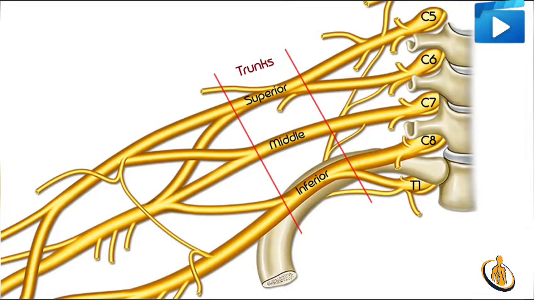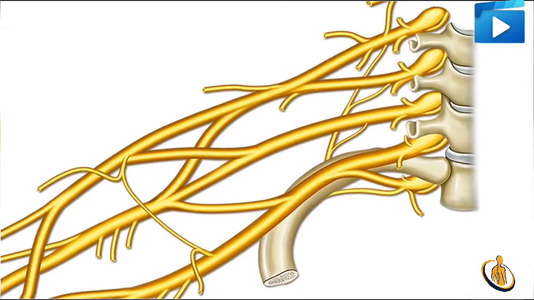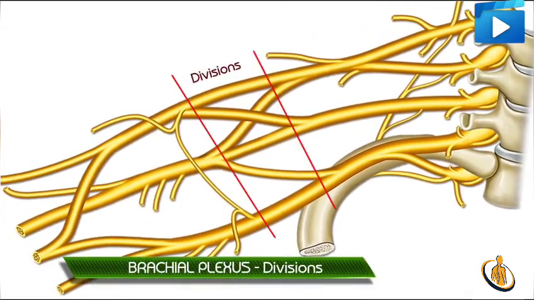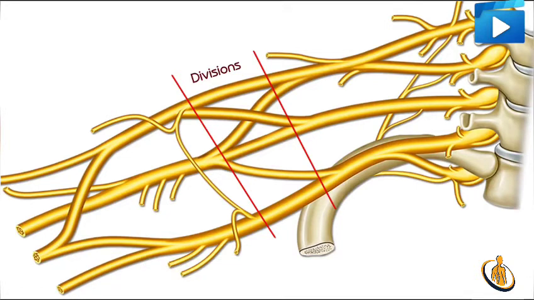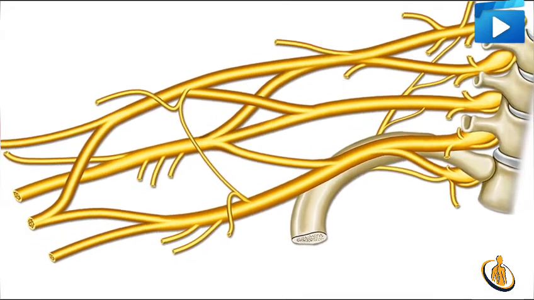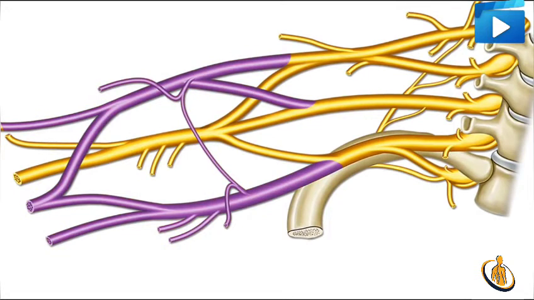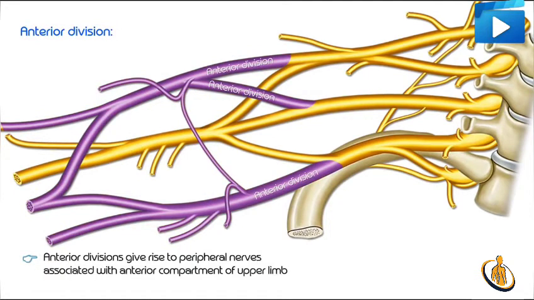Now, after the trunks, let us talk about the divisions of the brachial plexus. The three trunks of the brachial plexus give off anterior as well as posterior divisions. Each of these divisions joins to form cords. So let us talk about the anterior division. Anterior divisions give rise to the peripheral nerves of the upper limb which are mainly associated with the anterior compartment,